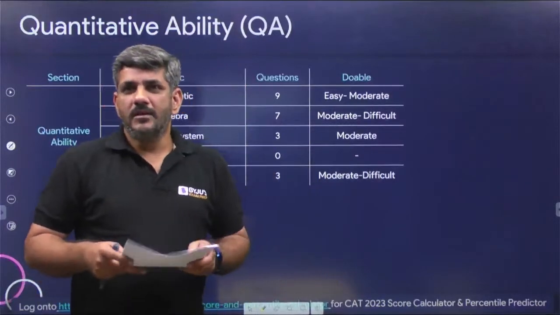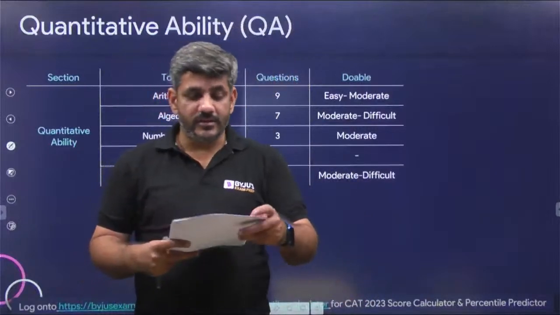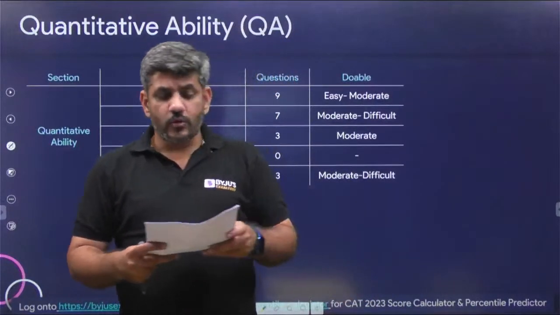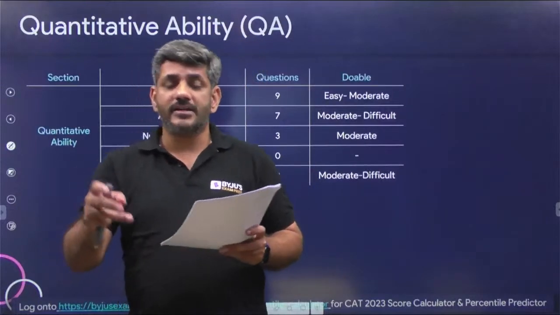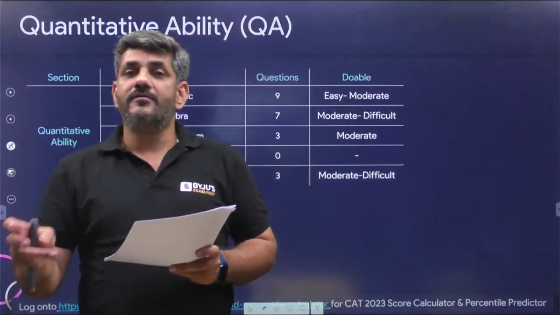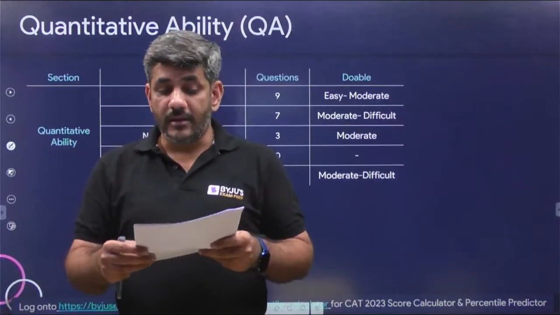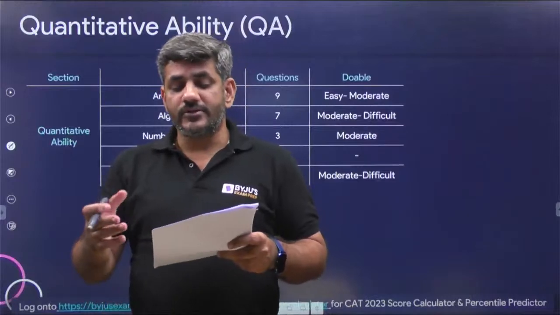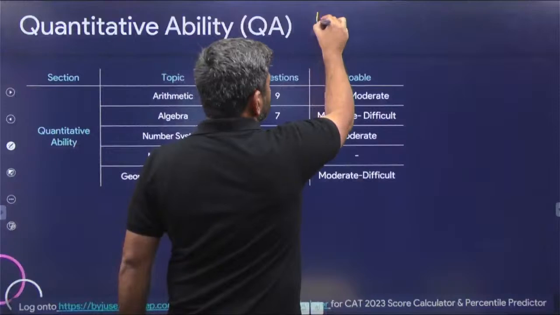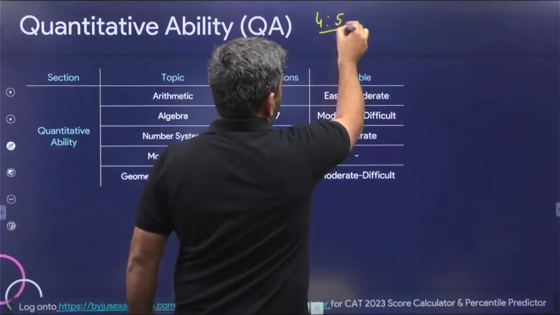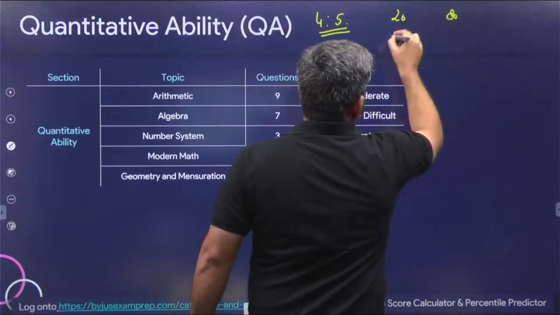Okay. Chaliye, let's start talking about this now. So here we start with the first question. There was a question which was saying 20% of the workers in a company are in manufacturing department. Total salary of manufacturing department is 1/6 of the total salary of all the employees. So you have to find the ratio of the average salary of them. In my opinion, the answer was I think 4:5, right? Because I remember I got 20 on one side, 80 on the other side, and the salary was 1/6.